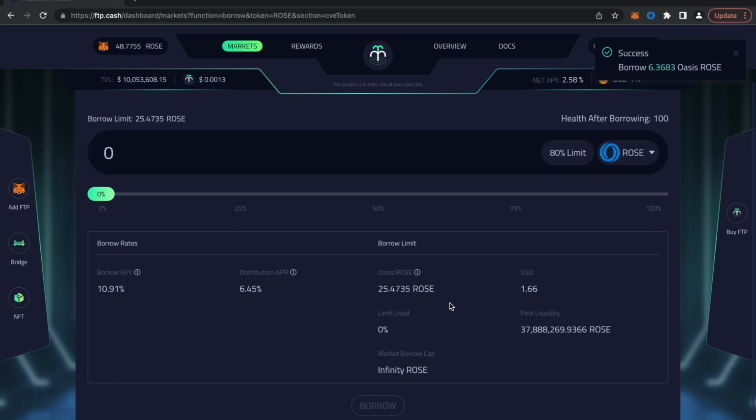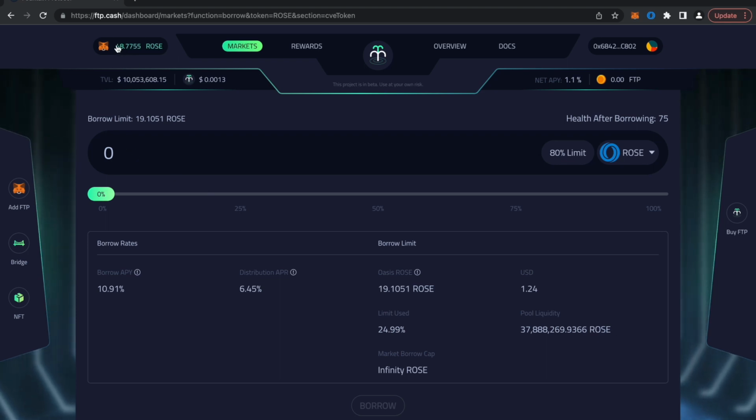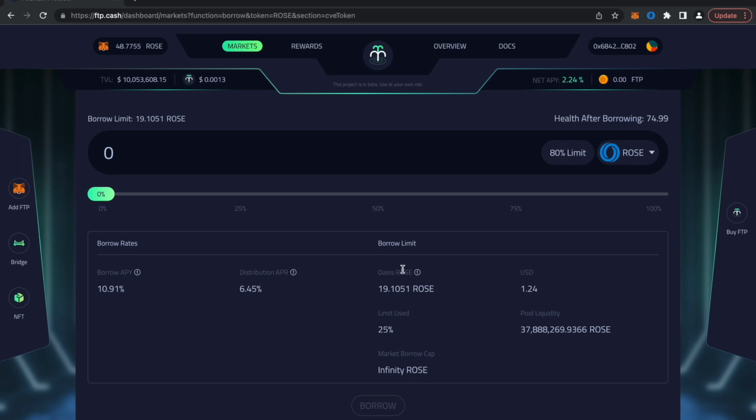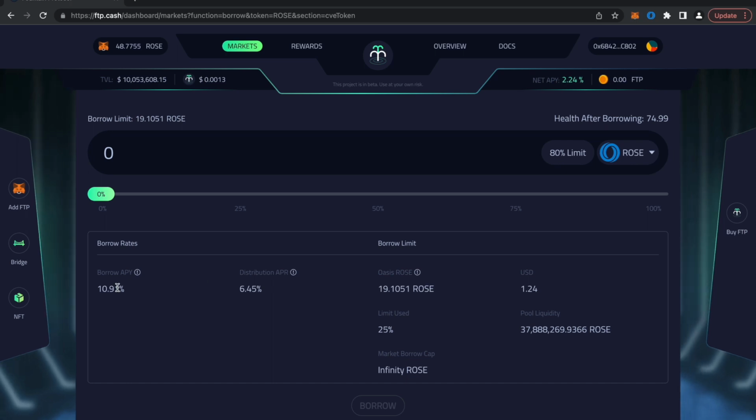Now you see, I borrowed my rows, right? So now I added this 6 point something rows to my existing assets. So you see, before it was 42, now it's 48. Now the point here, when you borrow, you will actually have to